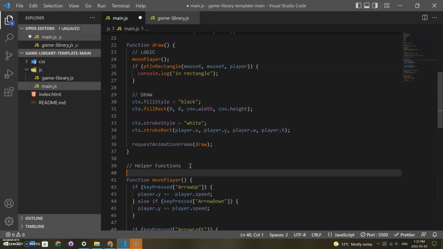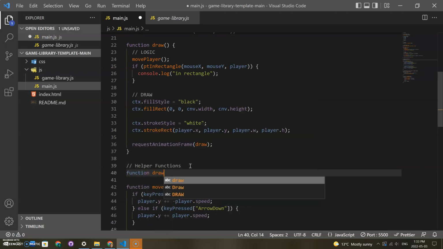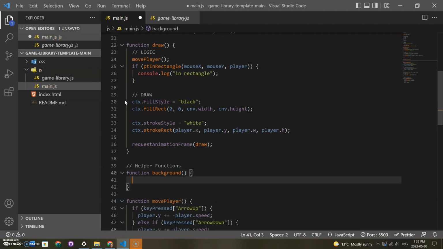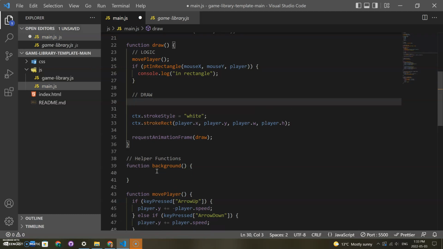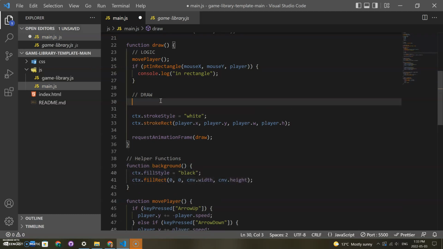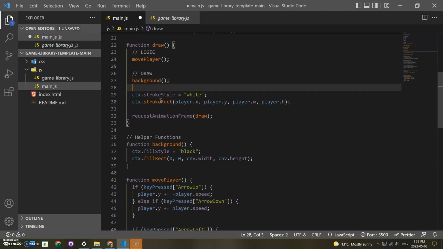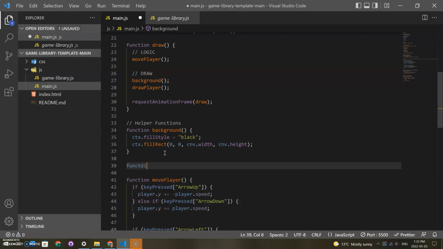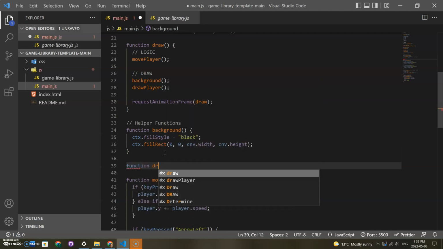Yeah, let's get some more helper functions. Function background, and we're going to make this look a lot nicer. So we'll get that out, and we'll just go background like so. I don't need this point in rectangle stuff anymore. We'll say draw player using the right parentheses, and that's this. Right, like each function should have one job,